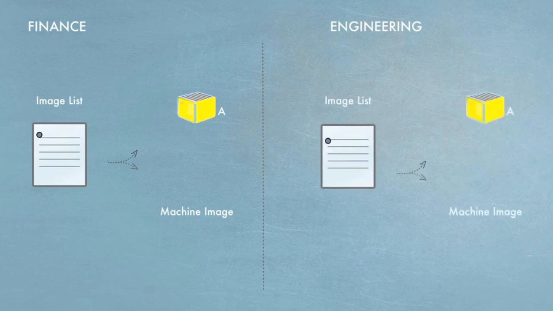In this scenario, the finance administrators wish to use updated machine images. They add their own packages, applications, and patches. They end up creating machine image B in their own namespace that is not accessible by engineering. They also update their finance image list to include machine image B as version 2. The same process is repeated as future revisions of the machine image are added to the finance image list as